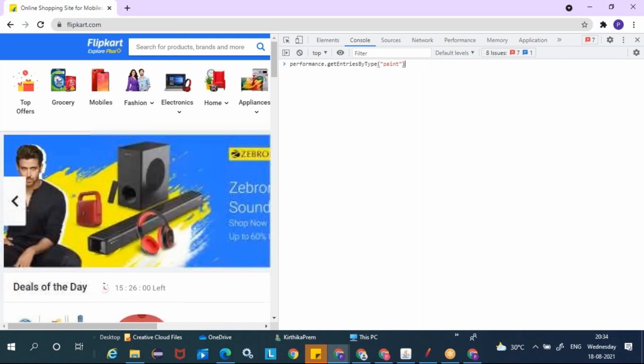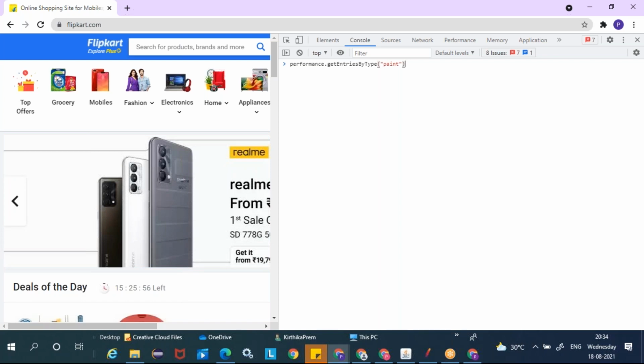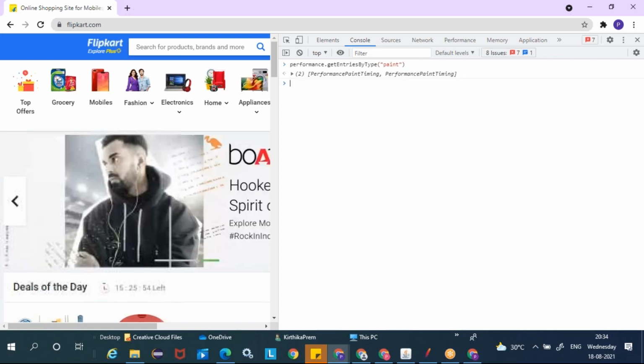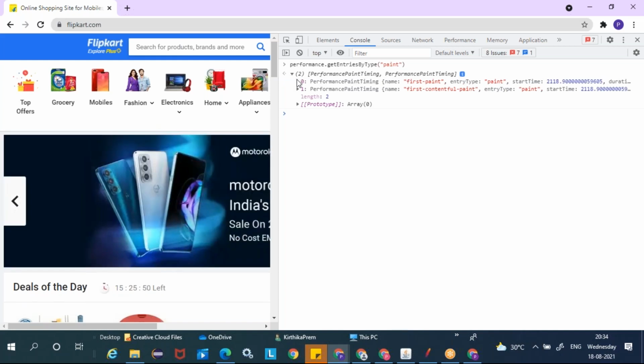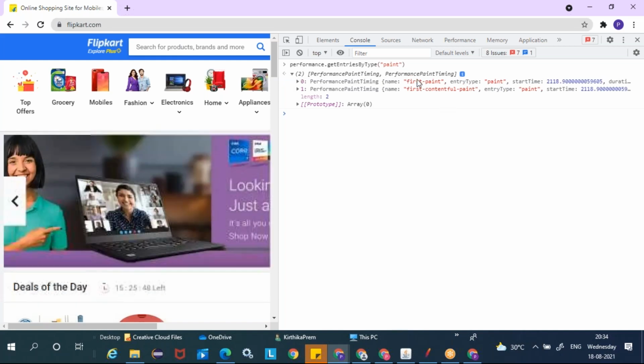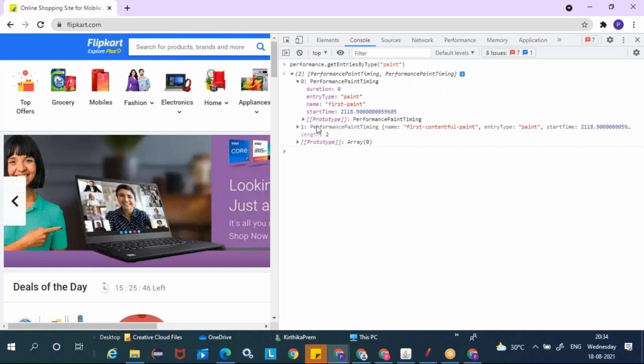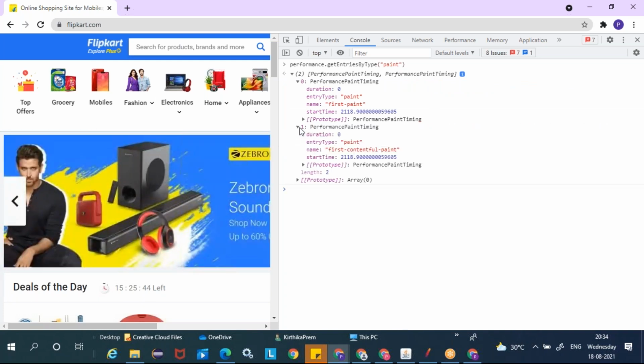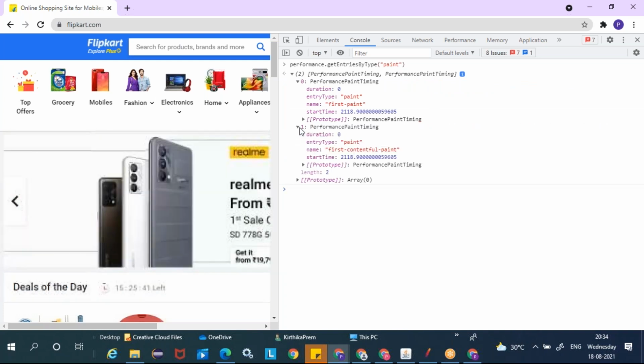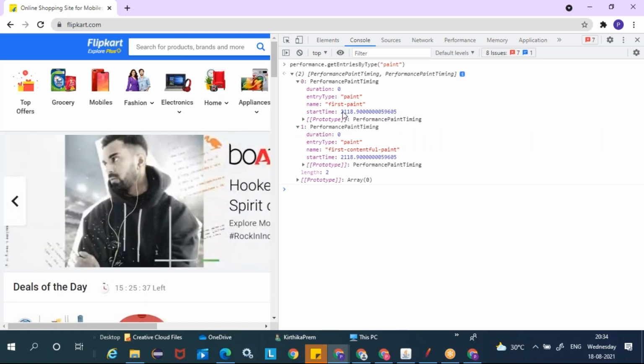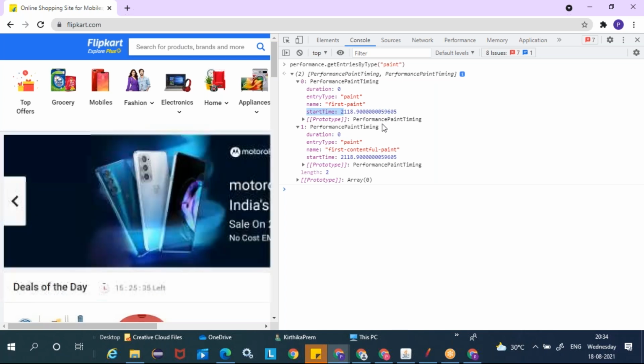This is a paint API, a JavaScript which you can execute from the command line or in the console. If you expand it, you're going to have two metrics: first paint and first contentful paint. Here the first paint says 2118 milliseconds, and your first contentful paint is